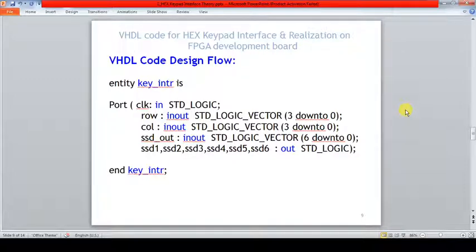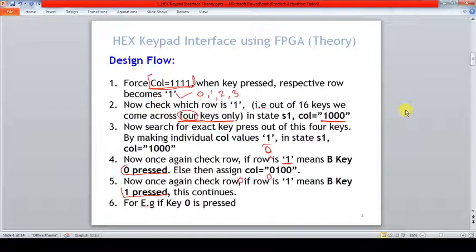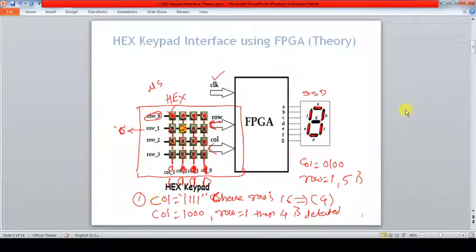Hello friends, so now we will continue our previous implementation of hex keypad interface using VHDL or its realization on the FPGA board. So in the previous lecture we have covered, I will just go through it fast. We understood the logical implementation or understanding of this hex keypad, how we are detecting the particular key, so by